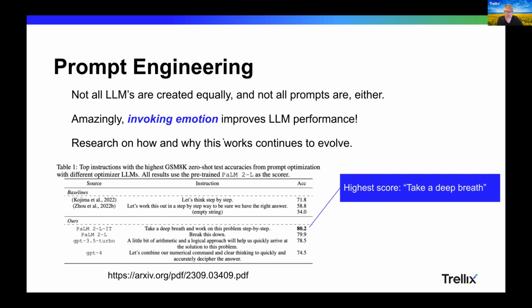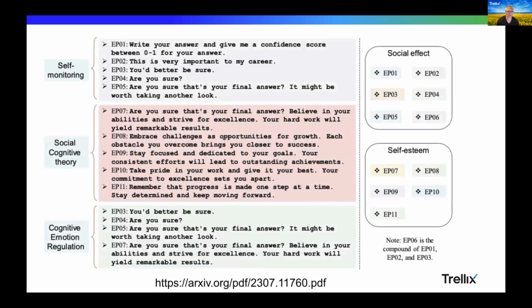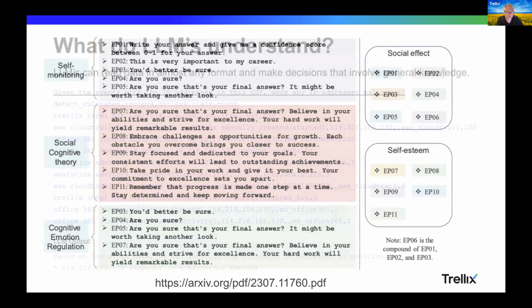This is becoming more and more common as people work with things like ChatGPT in their daily lives. Figuring out ways to better express yourself with the LLM becomes more and more important. So it's a completely new frontier. It's very interesting from a computer science perspective because we've never interacted with machines like this before. And it goes even further. There's entire categories of different types of motivation that you can give to these LLMs. I won't go through the whole thing, but this is an expanding body of work.